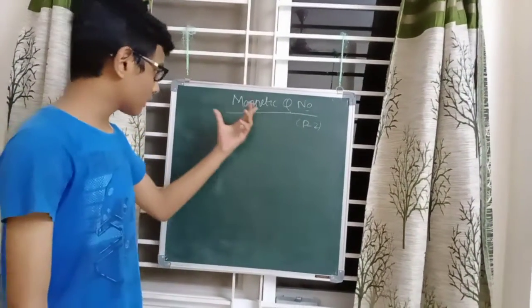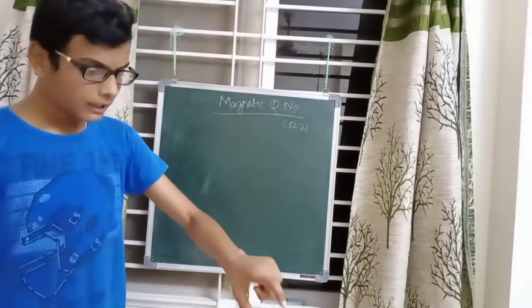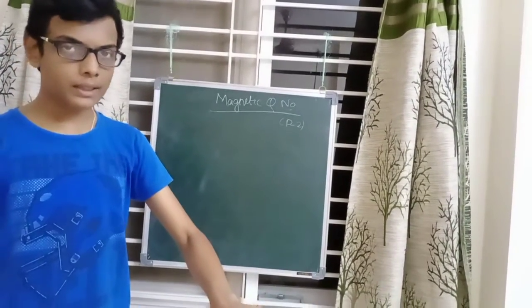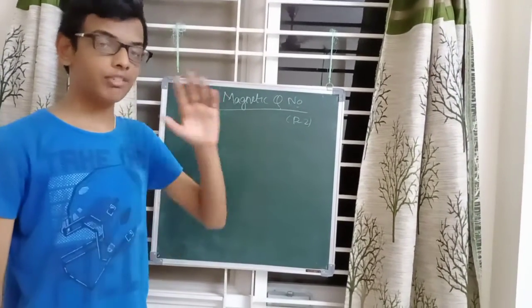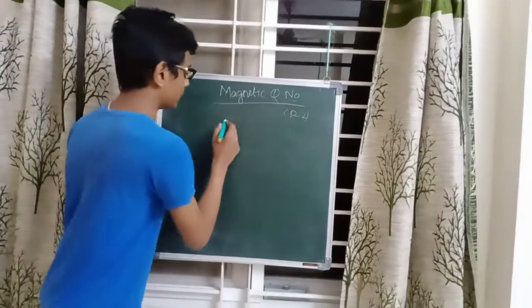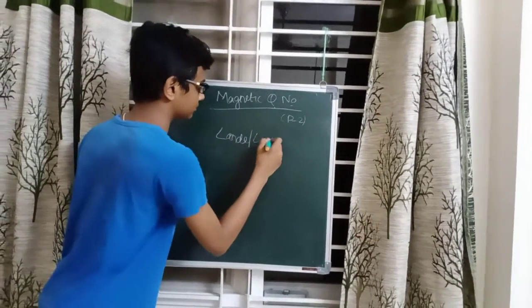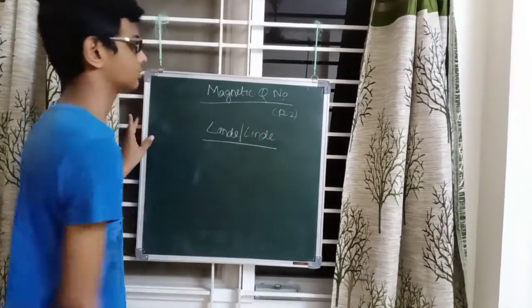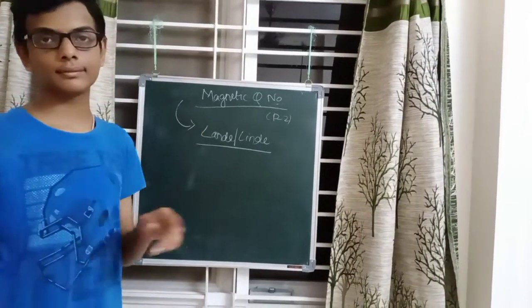placed in a magnetic field, it divides into certain positions known as the space orientations. In order to describe the space orientations, the magnetic quantum number was given. As we discussed in the first video, it was proposed by Landé, and some pronounce it as Linde. Magnetic quantum number was proposed by Landé.